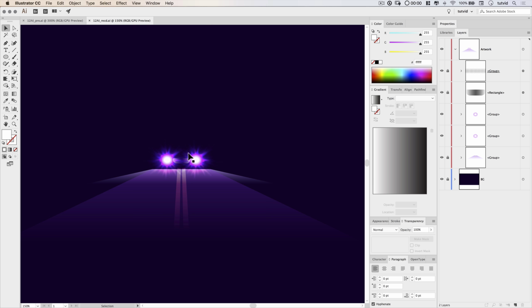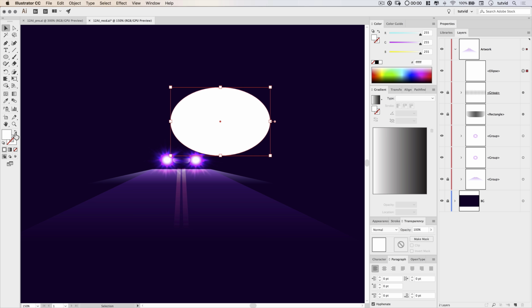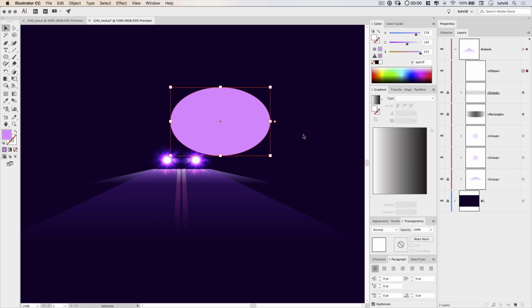I do want to create just a little bit of overall light around what would be the car as well. So let's just grab the ellipse tool, click a single time, and we're going to set it to a 240 by like 160 size ellipse. That looks like it's probably about right. I'm going to fill this with a color here, so select my fill, and I'm going to go with DA91FF, so it's just kind of this light pink color that we've been using.